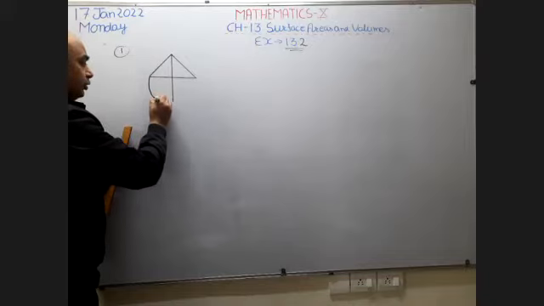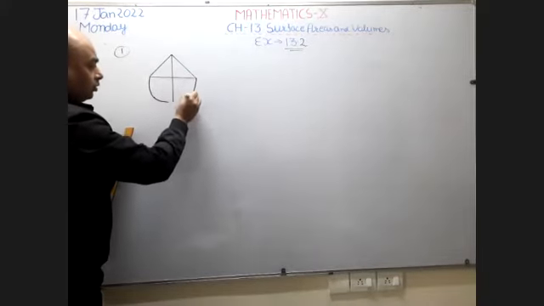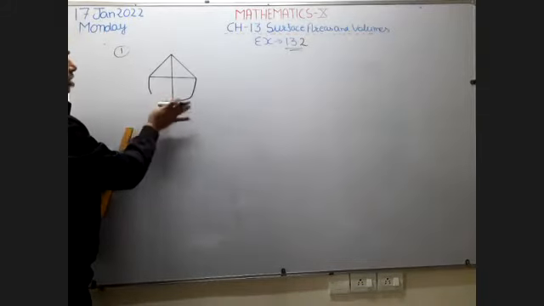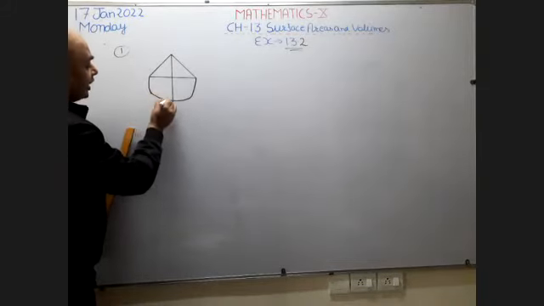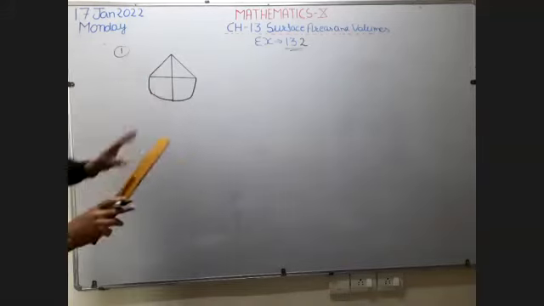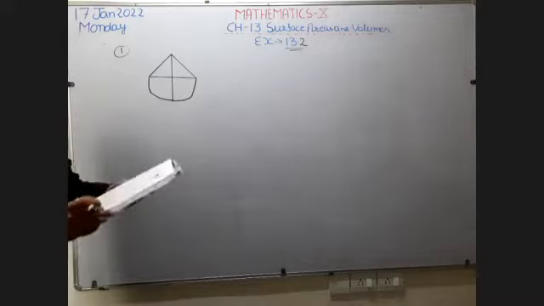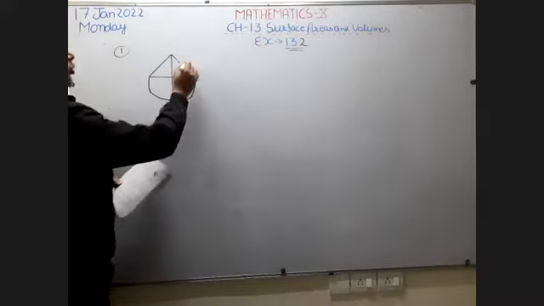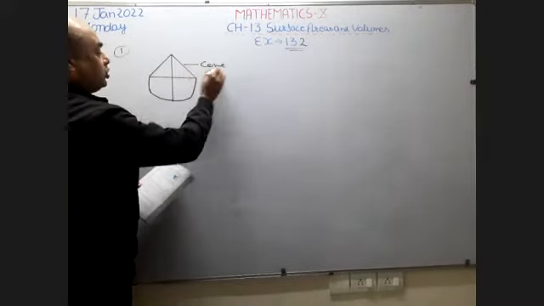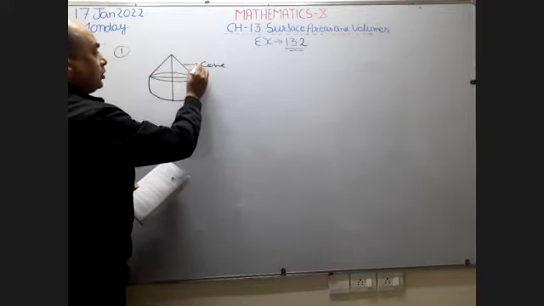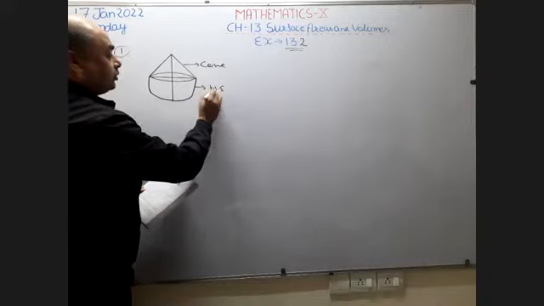In a hemisphere, you already know radius and height are equal. In this question, it is given that in the cone, radius and height are also equal. So this is the shape of your solid. Now check what is given. A solid is in the shape of a cone. So this is your cone, in this way, and this is your hemisphere.